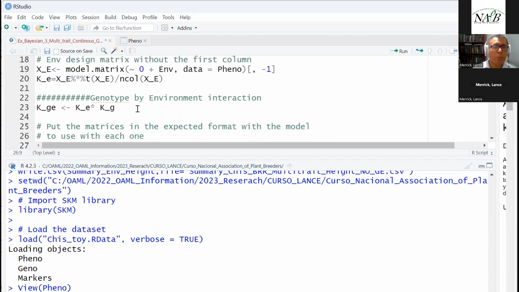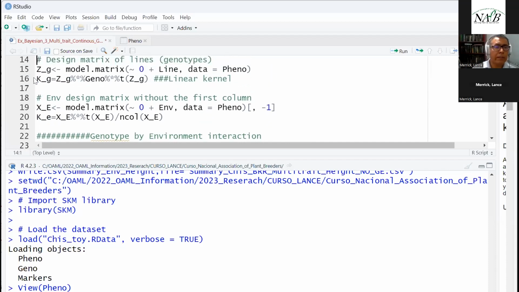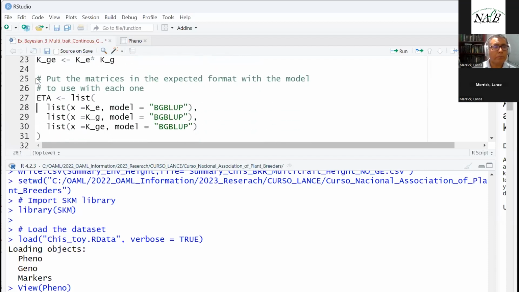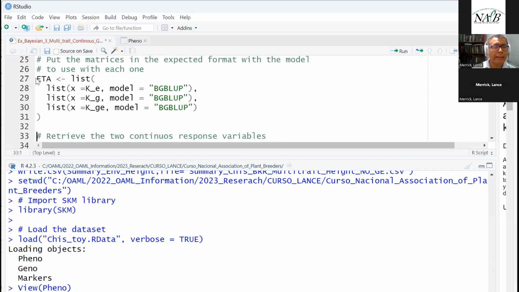And here I am computing the genotype by environment interaction, the product of the two kernels, because they are of the same size. You can do this without any problem. And then this means that now you have a linear kernel for genotype by environment interaction, you have a kind of linear kernel for environment, and you have a kind of linear kernel for lines, okay? And then you create